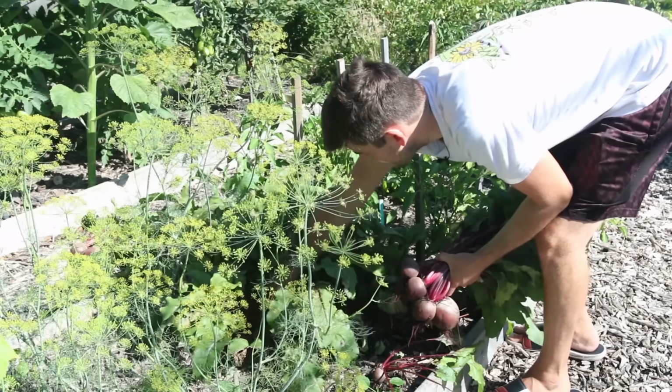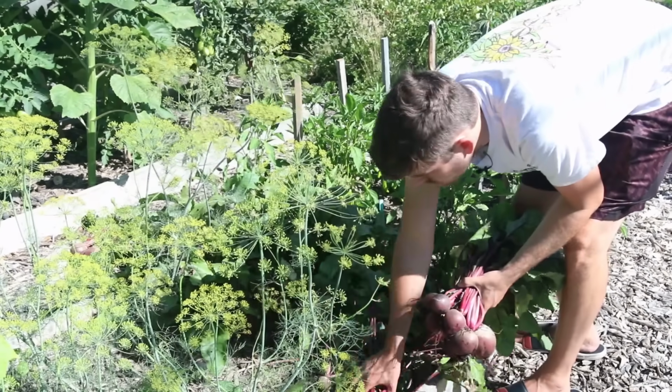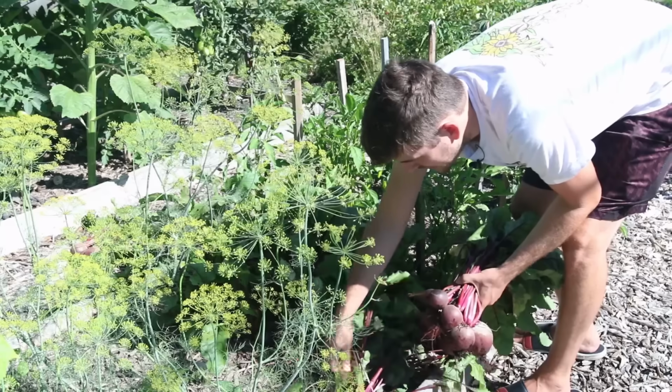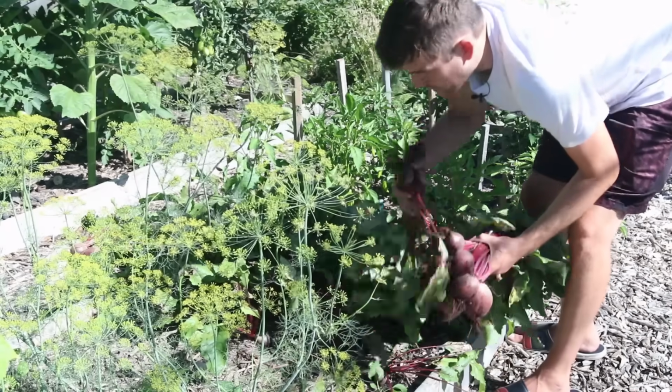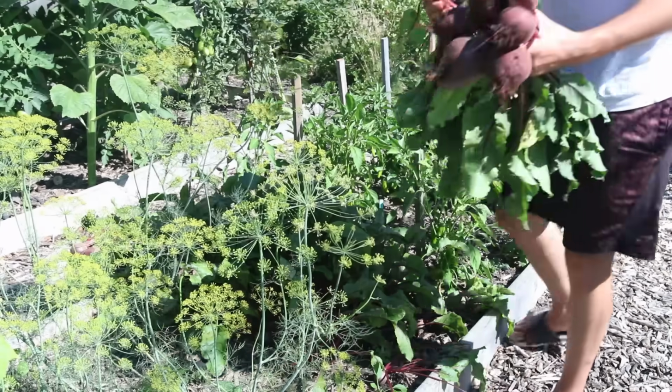Completely organic. Absolutely amazing. This is what I love to see coming out of my garden. Holy smokes. That is incredible. Oh my gosh, it never ends. Look at this. There's so many more. And again, with traditional spacing, I would have only gotten about 20 plants in here. And from 2 rows,